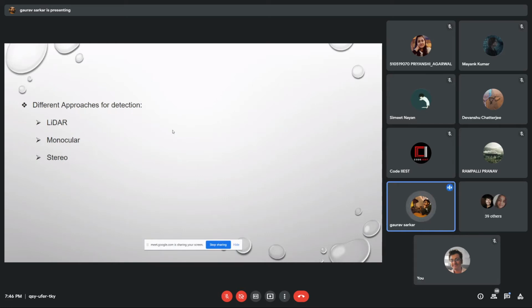And now by stereo I mean that on the car we are fitting 3 to 4 cameras at various angles. Suppose one is at the back, one is at the top, one is at the left side of the car, like that. There are a lot of cameras, and by that they are trying to replicate the human brain. One thing you will see in machine learning is that everything is very similar to the human brain.